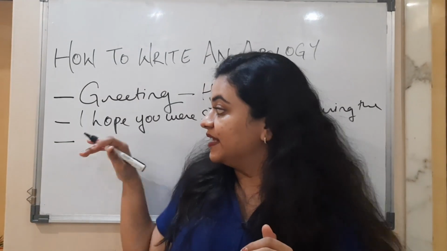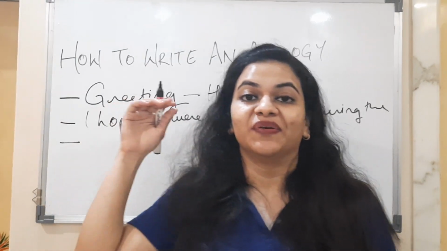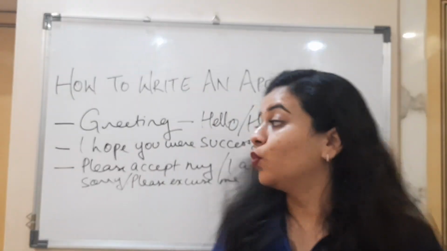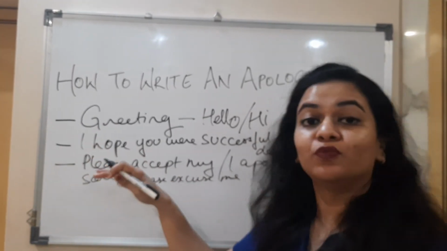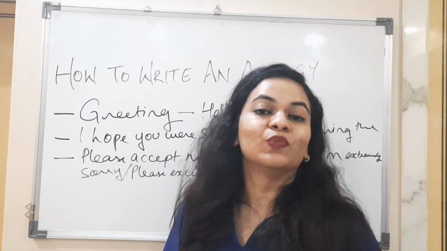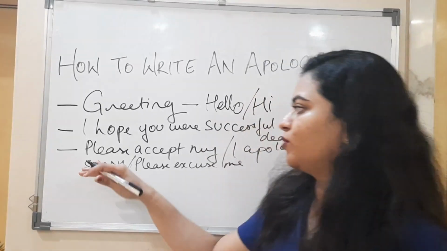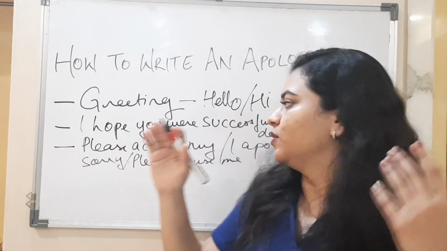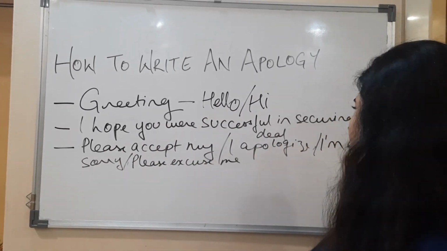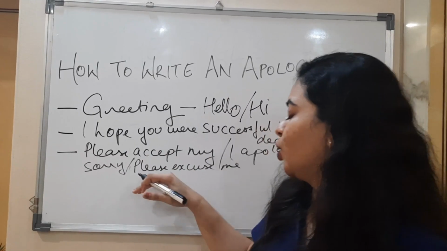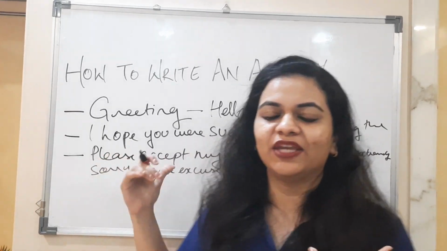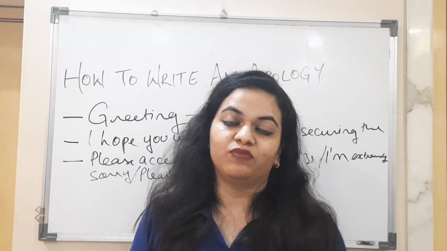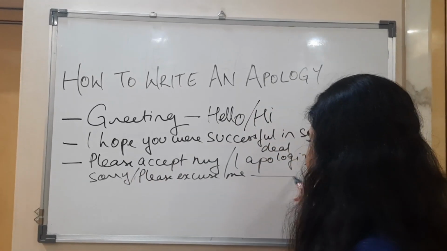Now, this is the time you talk about why you were not around, or this is the time you apologize for your absence. Once you are done with these two steps, you move on to talking about what it is that you've written the letter for. So you can either start with "Please accept my apologies," "I apologize," or you can write "I'm extremely sorry," or "Please excuse me." You can use any of these or anything else that you think is more suitable in your case, and just talk about the reason.